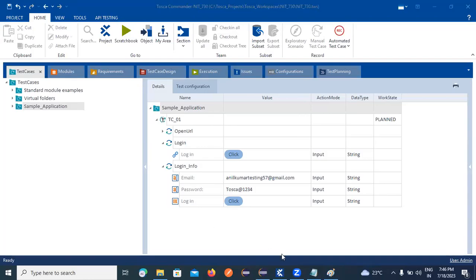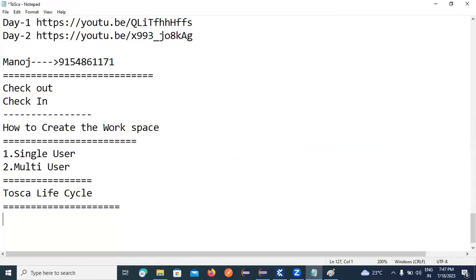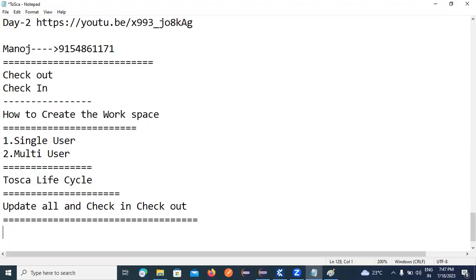Okay. The next one, we are going to discuss: the Tosca life cycle is done. And the next one, check-in, checkout is update all, and check-in, checkout. And after that, we are going to discuss about difference between